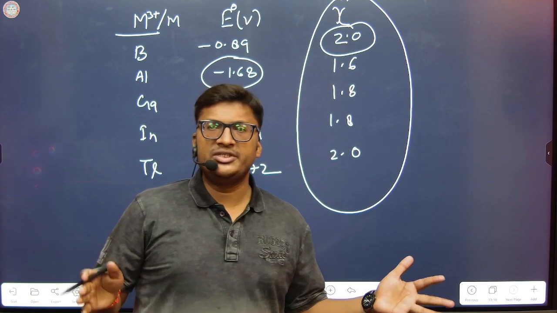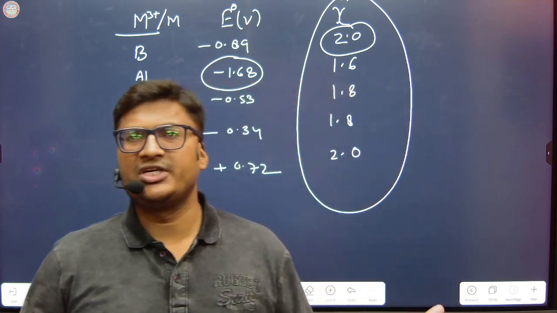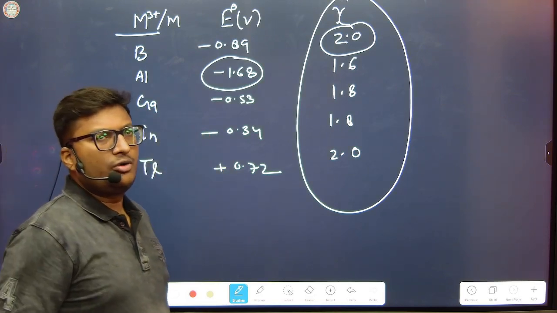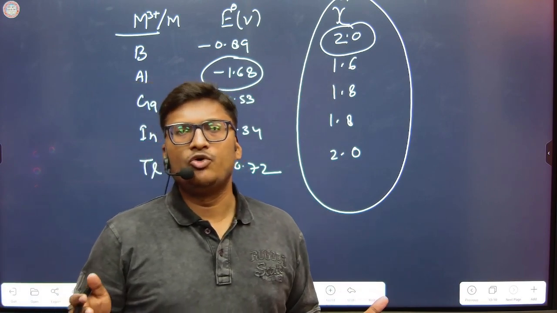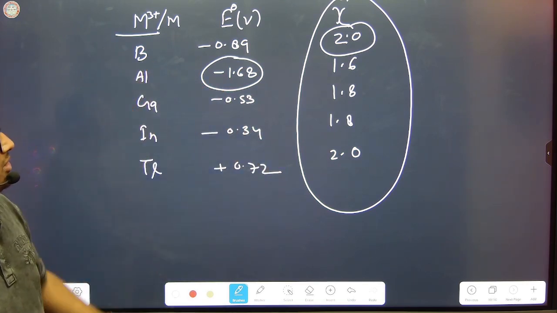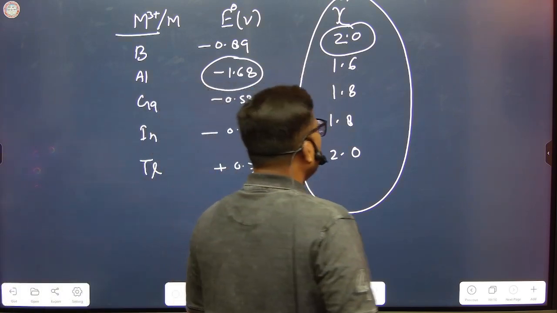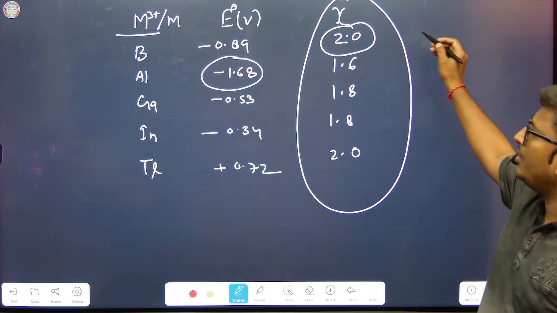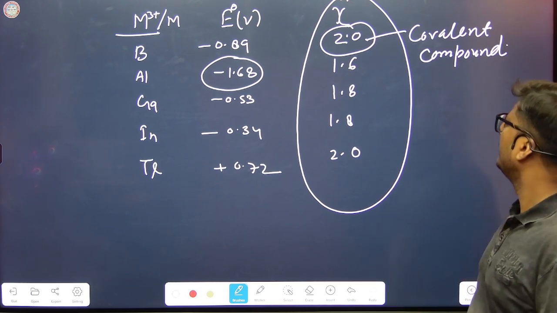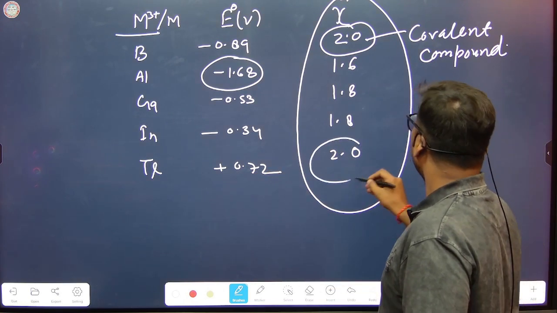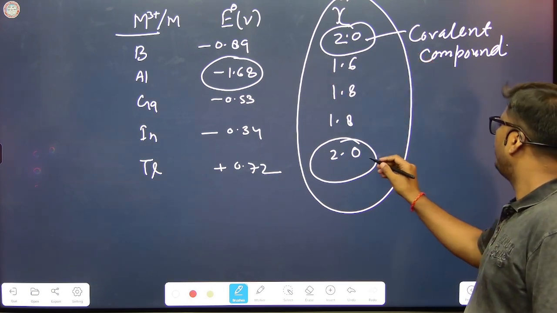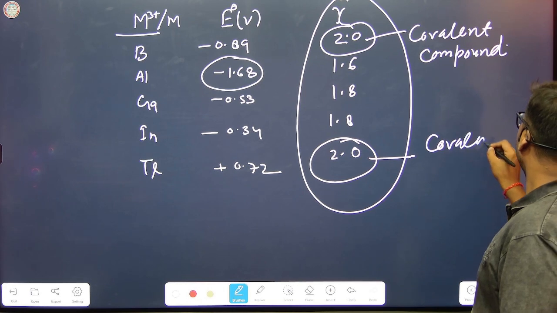But in the previous lectures, what you have studied, the electronegativity in case of group first alkali metals and group second alkaline earth metals, they have lower electronegativity compared to the boron family. So the larger the electronegativity, the greater will be the covalency or covalent character of the compounds formed through these elements. So boron has electronegativity 2, so it forms a covalent compound, right? And thallium also has electronegativity similar to boron, so it also forms covalent compounds,